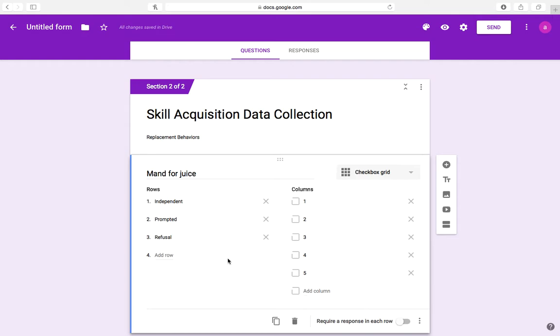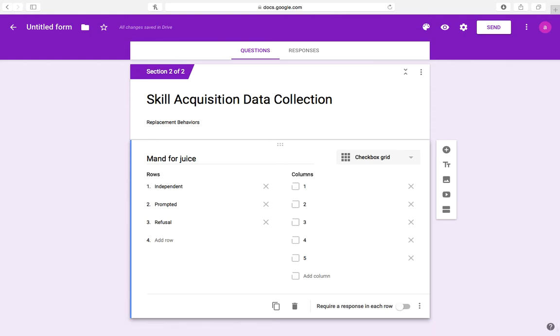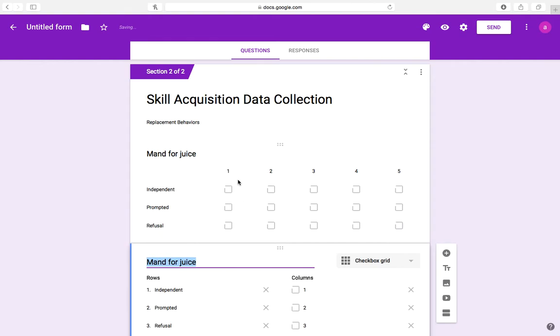So if I wanted to add additional prompting levels, if I wanted to add a visual prompt, a partial physical prompt, I can add as many as I want in there. And if I wanted additional trials, I can add as many trials as I wanted. So we are still in section 2, and I want to keep all of my skill acquisition data in section 2. So what I'm going to do is just duplicate this first question so that all I have to do